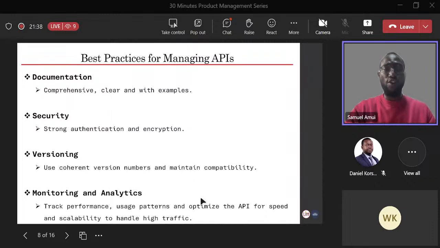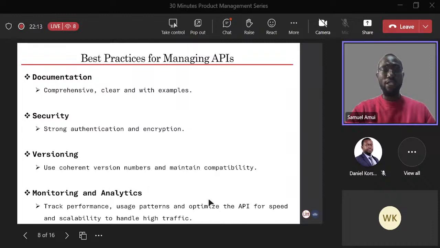So you have version 1, version 2, version 3, and you also have to make sure that even as you are versioning it, there's compatibility. Let's use WhatsApp, for example. Let's assume WhatsApp is on version 20 right now, and then there are some people who are using version 17. You have to make sure that even though you've updated your app or your API to version 20, those who are still using version 17 are still able to use it without any hitches or glitches.